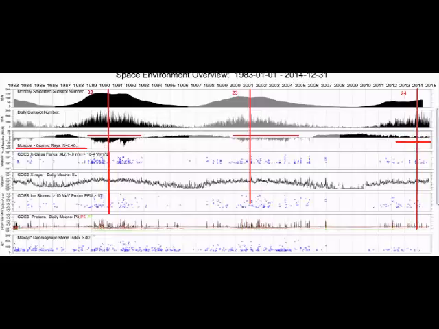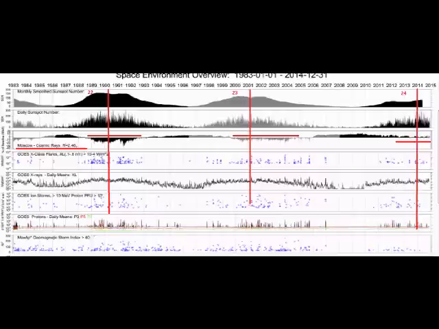So here's that important space environment overview that was launched in 2014. Now I've tried to get a more recent one so that we can have a look at what's happening at the minimum as well as what happened at the maximum, but this is the only one I could find. I've tried to find a more recent space environment overview which carries the same contents of what we're looking at.